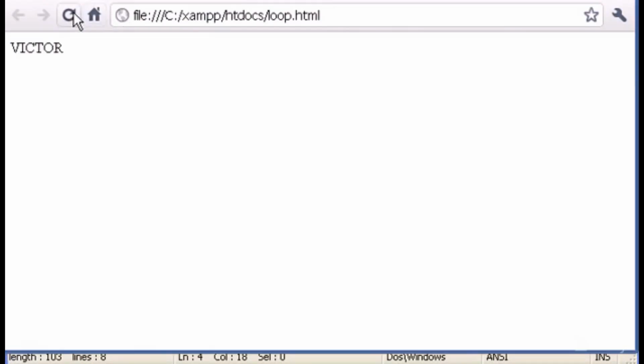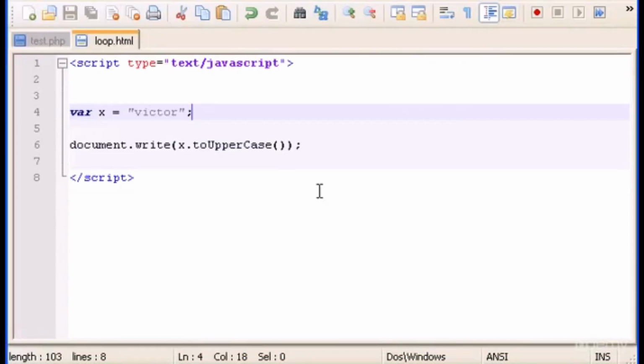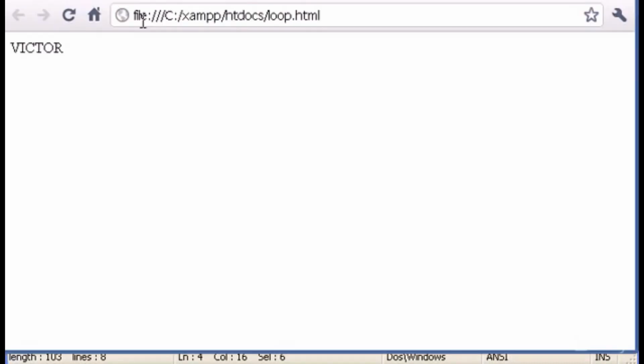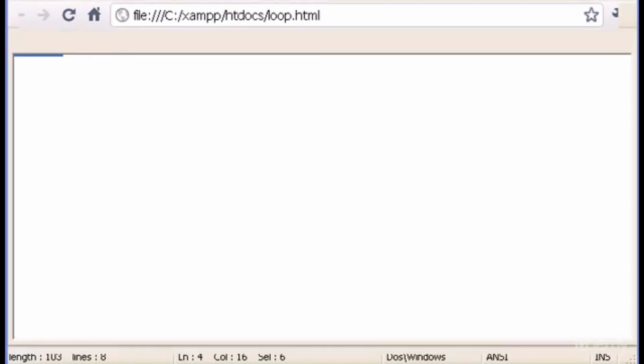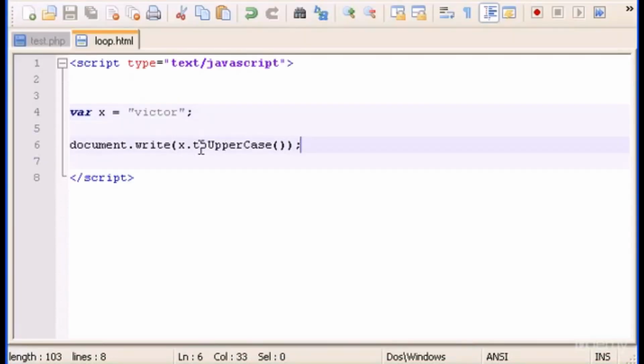Let's open the browser, refresh, and there it is, okay? Victor in capital letters. So basically what it did, it took the string Victor and transformed all the characters into uppercase. Okay? So I'm going to show you also